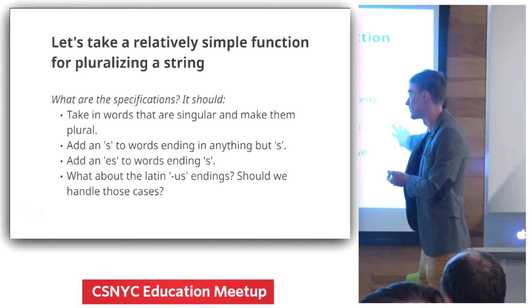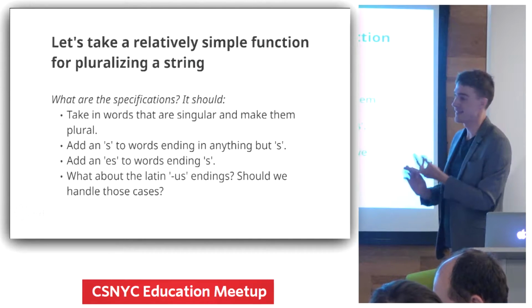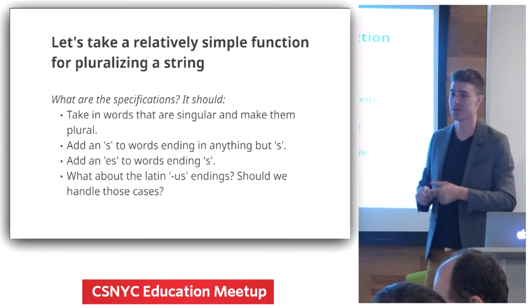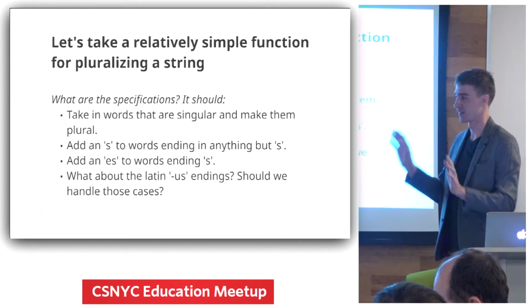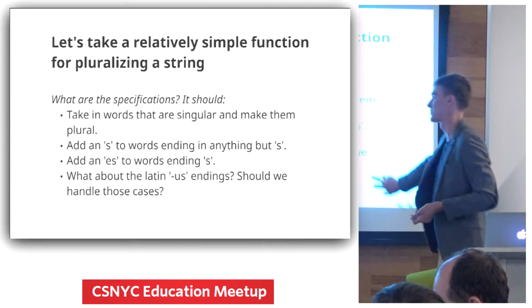Here are a couple of behavioral elements. It adds an S to words ending in anything but an S, and an ES to words ending in an S. Of course, there are some edge cases here that we can consider in the future, but English is a difficult language to test. And then the last one, this could be an optional thing, is about